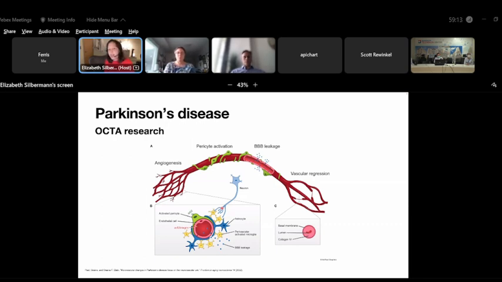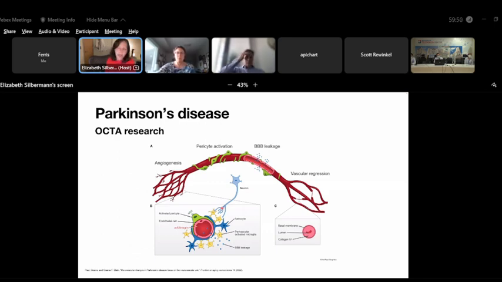So they found that there was pathologic angiogenesis seen in patients with Parkinson's disease, and that's typically seen in response to inflammation or hypoxia. And in animal models of Parkinson's disease, you can also see increased vascular density with more branch points. There are different mechanisms that are suspected to this, but we do know that there can be activation of Parkinson's disease, perhaps as a response to inflammation or hypoxia, and pericytes line the microvasculature and are important in